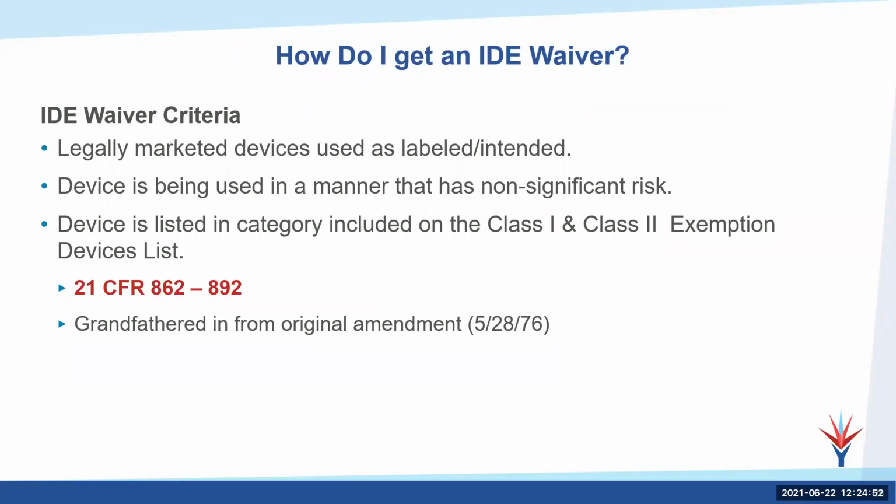So how do you get an IDE waiver? The criteria is that it's a legally marketed device used as labeled or intended. If that's what you're doing with this device, then you have no issue. Device is being used in a manner that has non-significant risk. Again, we go back to that risk determination and the IRB's view, as well as the FDA. The device is listed in a category that's exempt, and that's the Class 1 and 2 exemptions we talked about, and that's where you can find that list in the 21 Code of Federal Regulations, 862 through 892 parts. Or if it's grandfathered in from an original amendment, and that's another whole conversation that we could talk about forever,